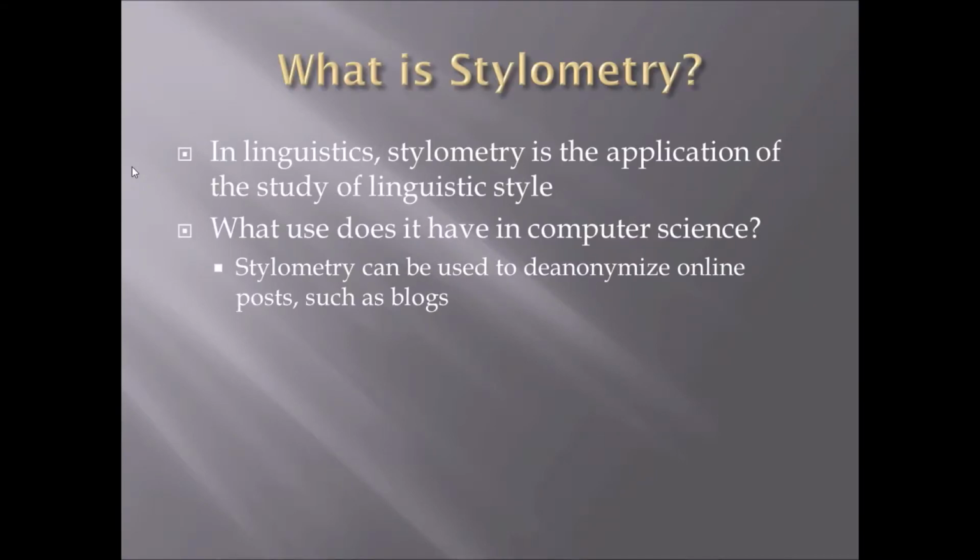Stylometry is the application of the study of linguistic style. In practice, this means taking the word choice of two different works and comparing it to see if those two works are from the same author. In a computer context, stylometry is most often used to de-anonymize online blogs. Since blogs are usually written by an anonymous author, you can use stylometry to determine whether two blogs were written